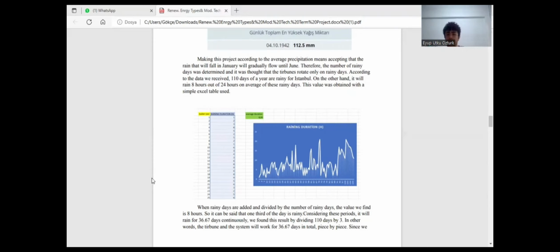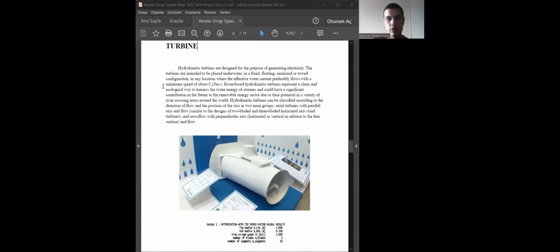Hello, today I will talk about hydrokinetic turbines. These are a type of turbine placed underwater, as fixed, floating, anchored, or towed, in order to generate energy. The location of the turbines must be where the effective water current flows with a minimum speed of about